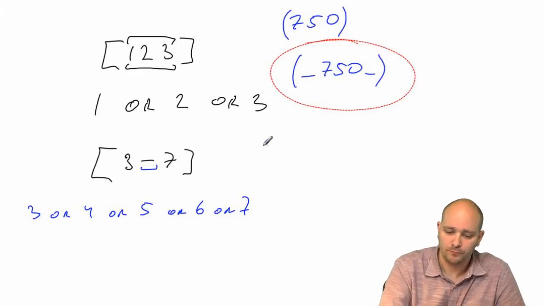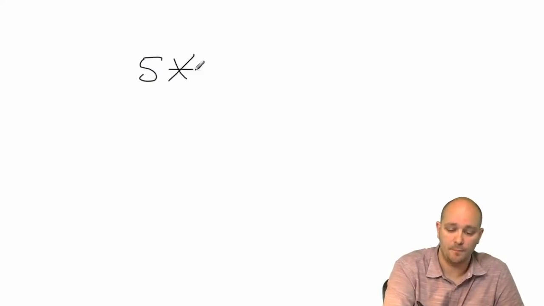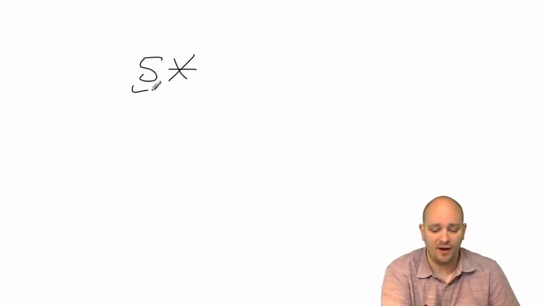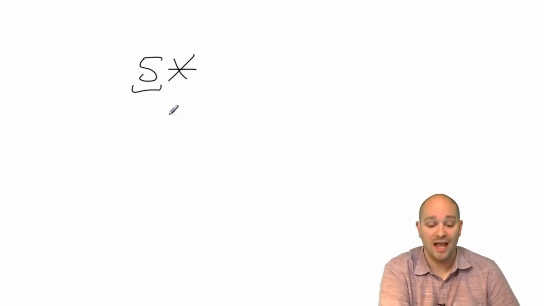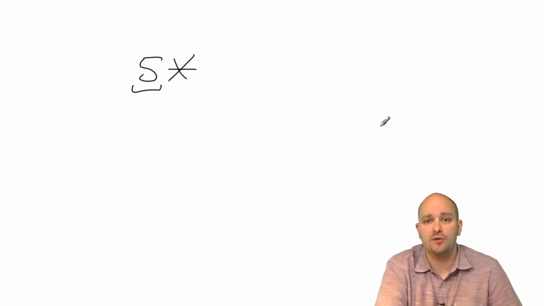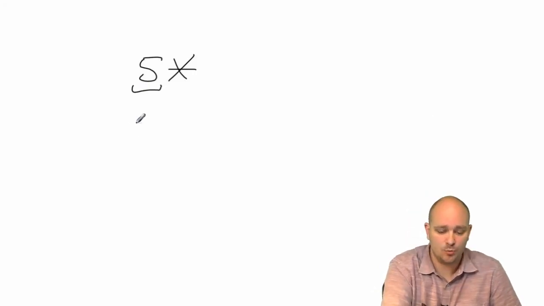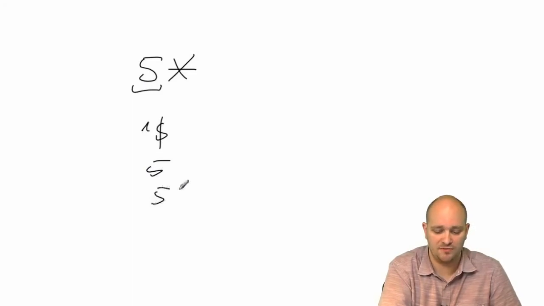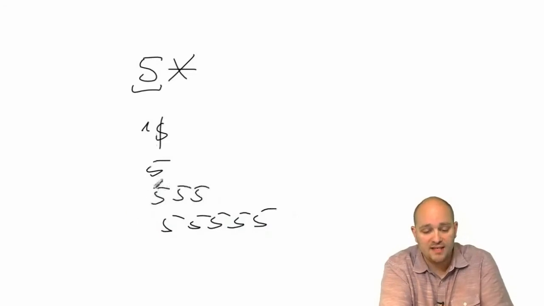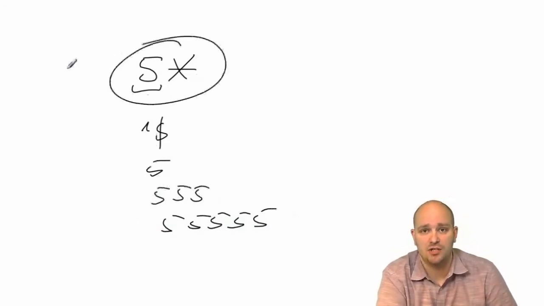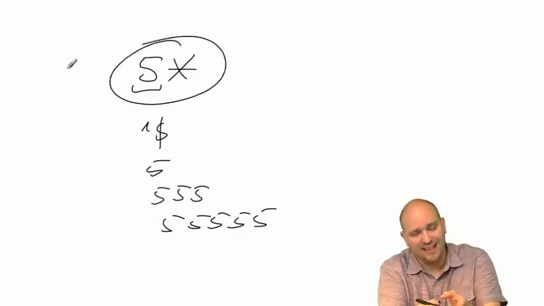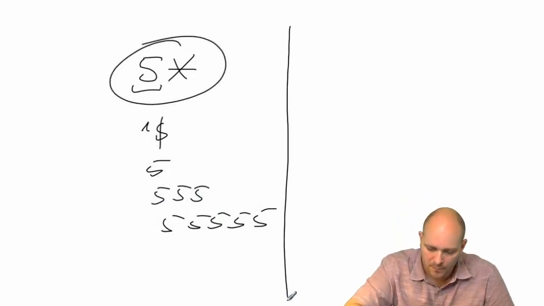So, for example, let me use another example. If we had 5 star, this means that this 5 may or may not appear, and if it appears, it's okay if it repeats 1 or more times. So this will match 5, it will match 5, 5, 5, it will match 5, 5, 5, 5. So all of these will be matched by this matching pattern here. Now, when you look at it like this, not very useful, but